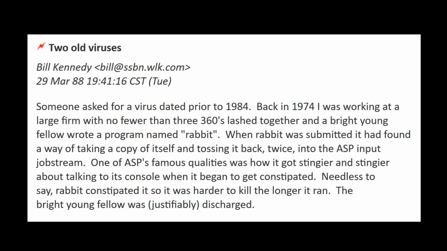Basically it was an emailing list. And he mentions that in 1974 he knew of what he calls a bright young fellow who worked for a company with 3 IBM 360s and created a fork bomb, which afterwards crashed all the computers. He ends the story with saying that the bright young fellow was let go because of this incident. Whether it's true or not, it's hard to say, but the mention definitely exists.